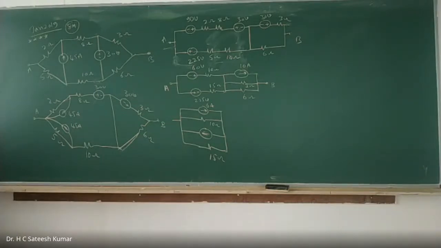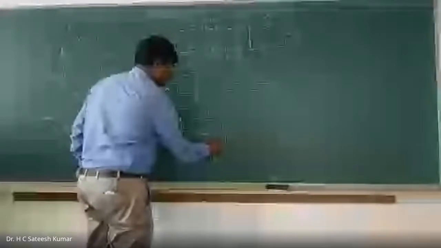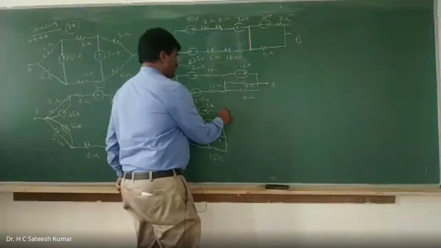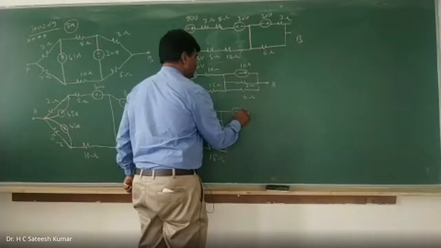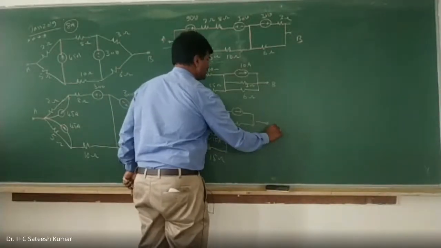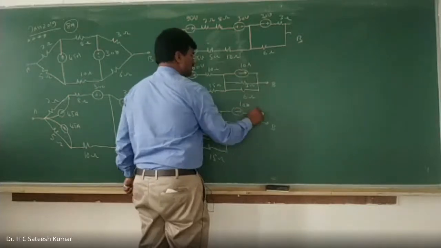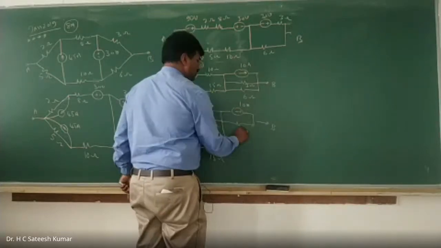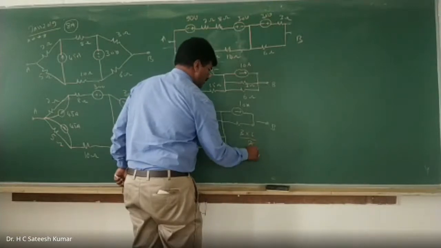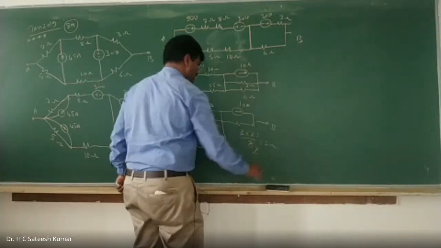So 225 divided by 15 is 15. So 15 amps you will get. 15 amps. Okay, next we have that current source, you keep it as it is. The resistance you simplify and tell me what it is. So this is 10 amps. 3 into... I think 2 ohms. 3 into 6 divided by 3 plus 6 is 9. So this is 3 times, this is 2 times. So this is 2 ohms. Okay.